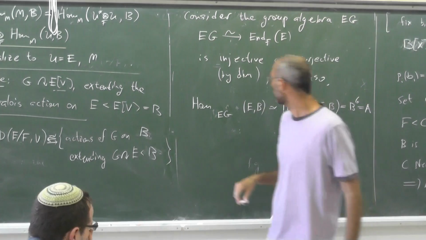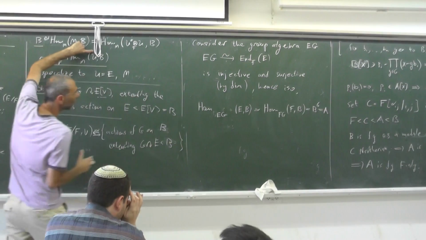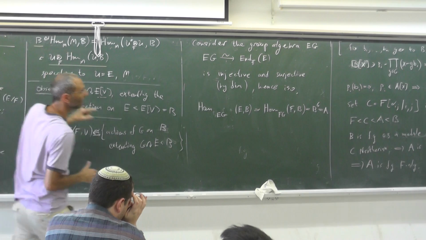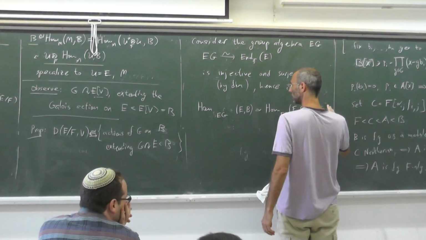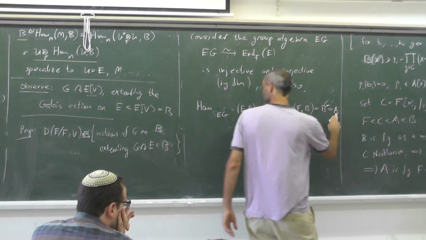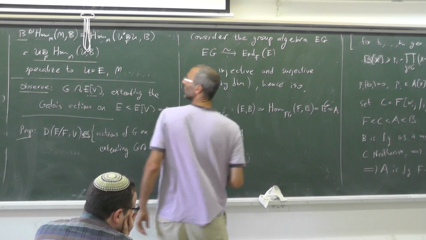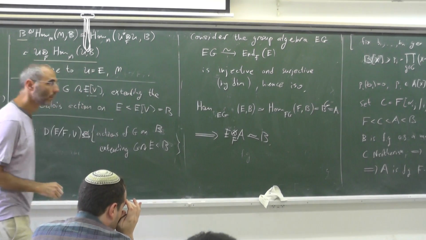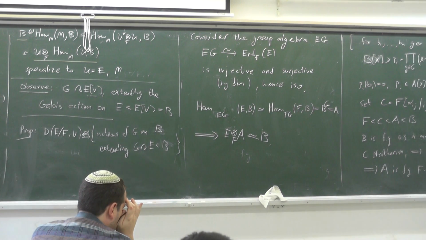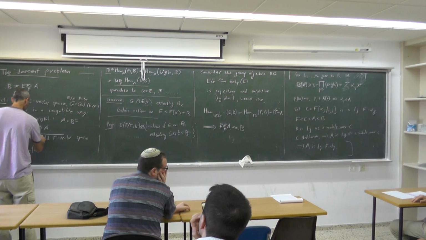And I guess the way I actually put it is incorrect. But the moral of the thing is that this guy over here is the same as this one, and tensoring with E should give me B. Tensoring this guy with E over F, as in here, should give me B. And there is something to fix here, and of course I cannot do it now. B is an F module, but if you take any finite dimensional F vector space, then there's no natural M structure on B. But in this case, I think it's